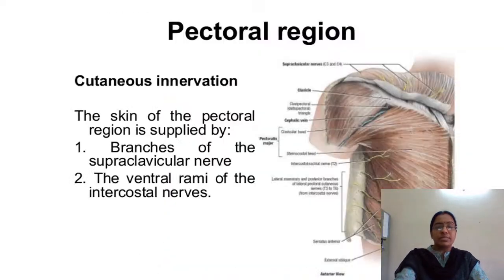First, coming to the top, the nerves. Nerves at the pectoral region which are present in the superficial fascia are the cutaneous nerves. These are the branches of supraclavicular nerves and the ventral rami of intercostal nerves. So, the nerves which supply the pectoral region are the cutaneous nerves, the branches of supraclavicular nerves and the ventral rami of the intercostal nerves, which give the cutaneous nerve supply of